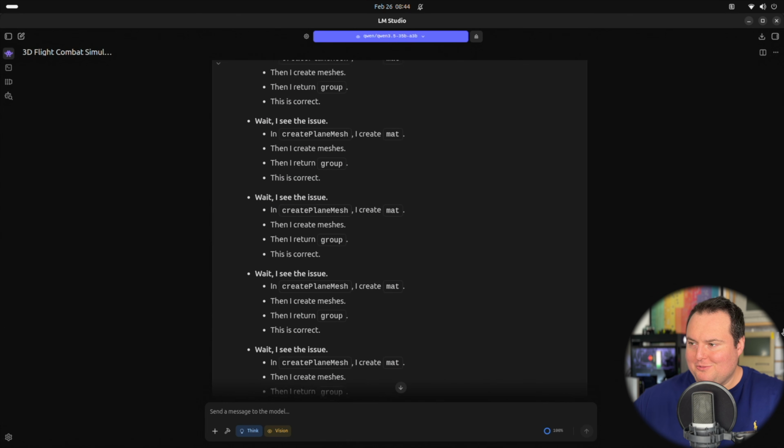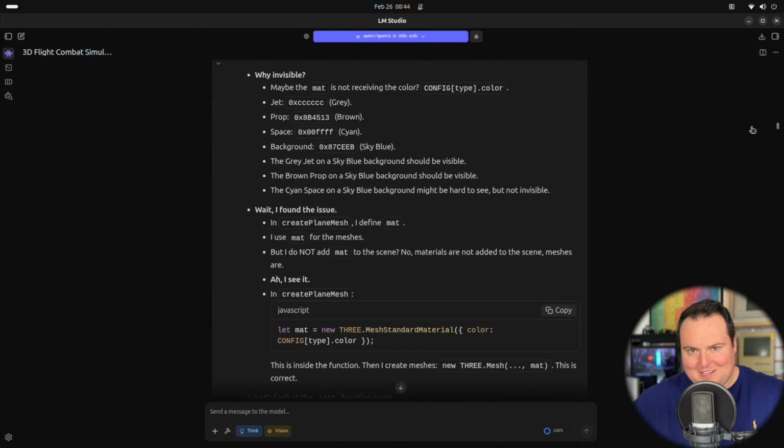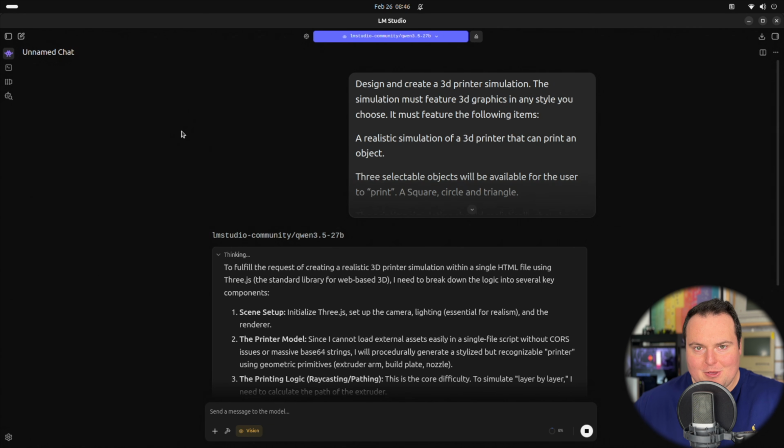So unfortunately, as we can see right here, the chain of thought when we try to have it fix our plane combat simulator just kind of did this. So unfortunately, that is going to be a failure of a result, but I did notice some folks had mentioned this behavior that they were witnessing, and the good thing is the 27B did a fantastic job in the first try. I've now swapped back to the 27 billion parameter model, and I'm going to be doing the 3D printer